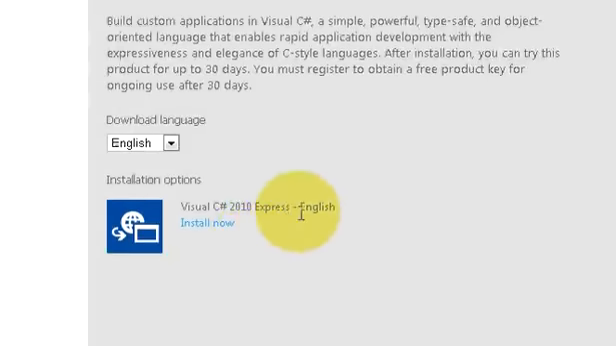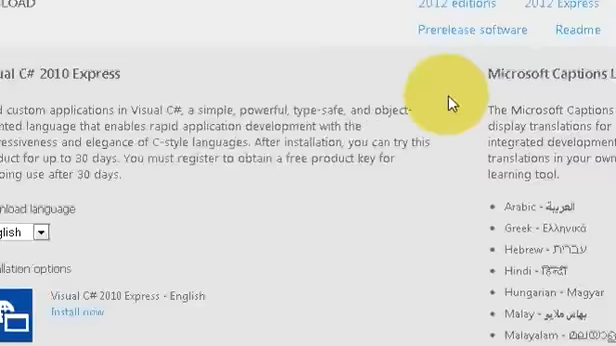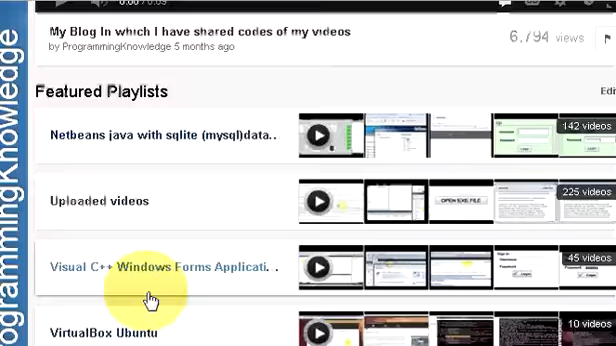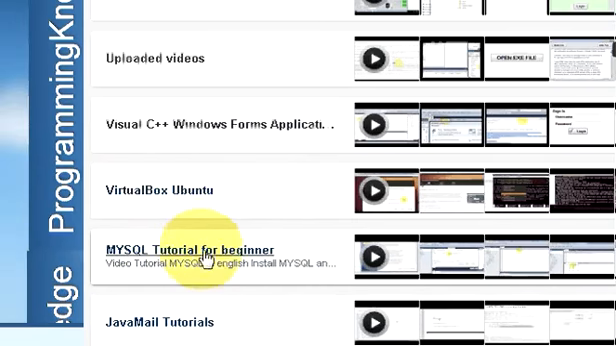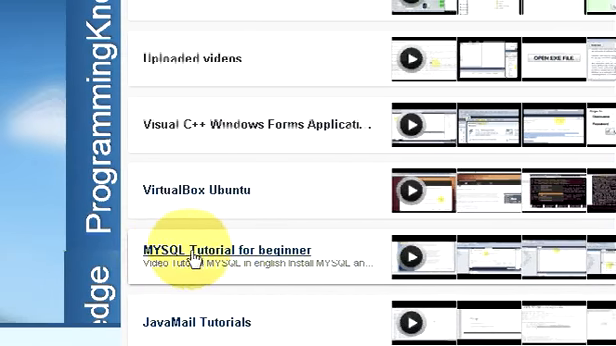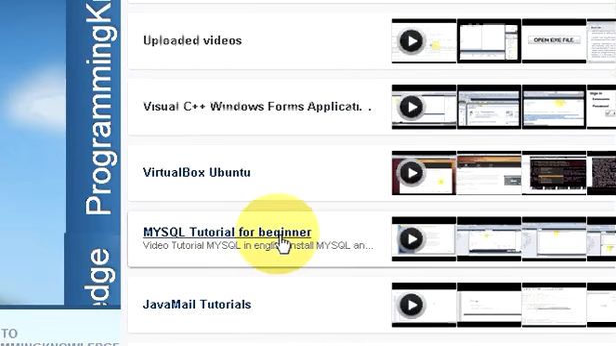Now in order to connect your Visual C Sharp application with MySQL, you need to know something about MySQL. So I have also provided tutorials on MySQL which you can find on my channel Programming Knowledge, and just scroll below and you can see MySQL tutorial for beginners. So click on that and just first 2 or 3 videos, if you see, you know what I'm talking about. And in the first video,